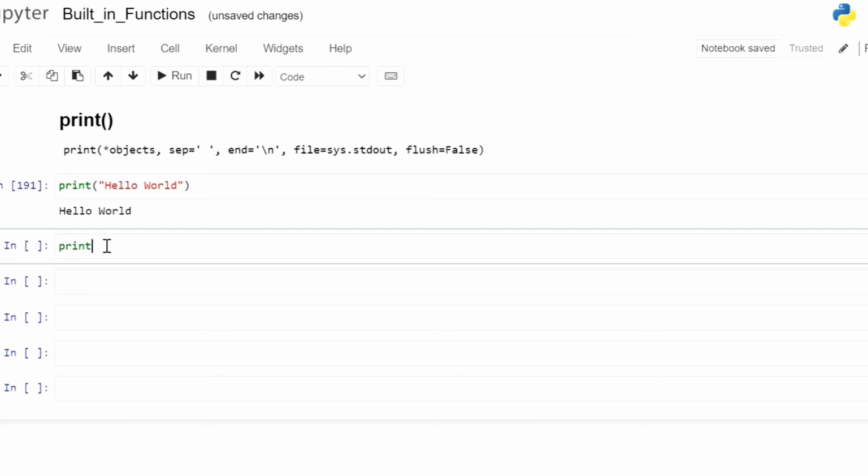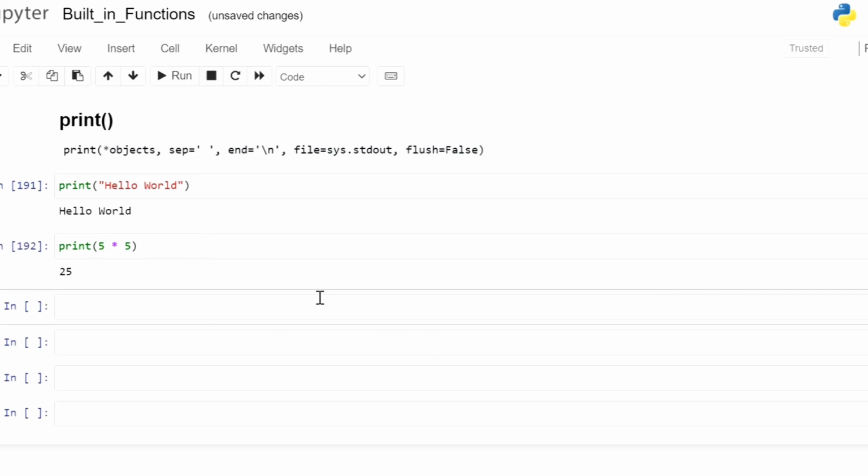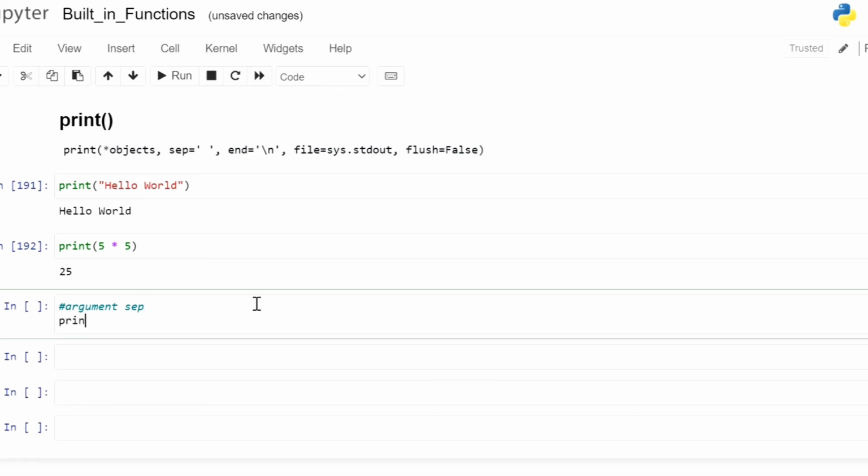We can do print 5 multiplied by 5. It will return 25. Now, we all know about this, so let us try to understand the optional arguments. What are the optional arguments? The first one is the argument sep, that is separation. From the example I'll show you. We can do hello and then